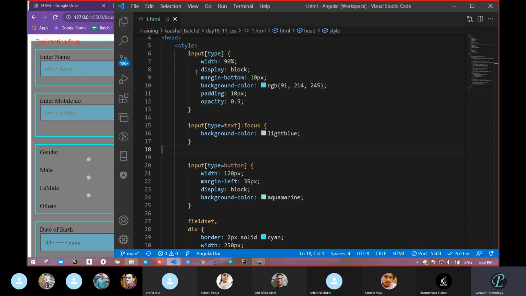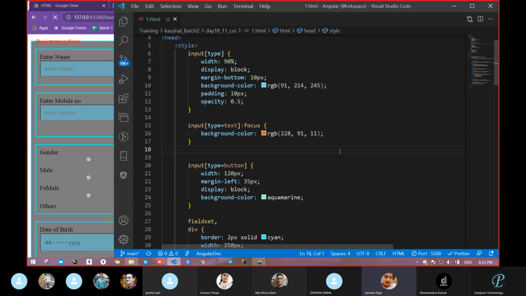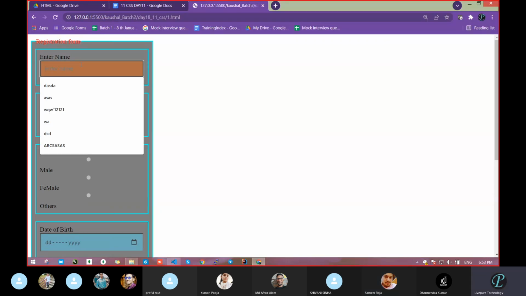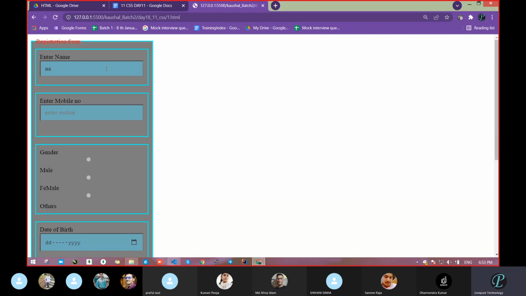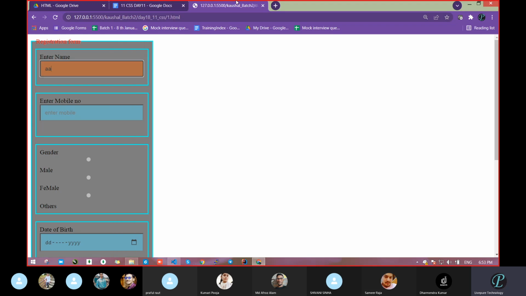Did the background color change or not? We can't realize it this way. Now see, if I click this, the background color got changed. Fine, because we had focus, and on focus you get the change. Which class had we used? We used the pseudo class focus. That's it. Clear? So with the help of this, we can design that.